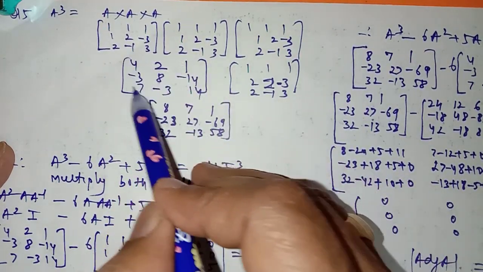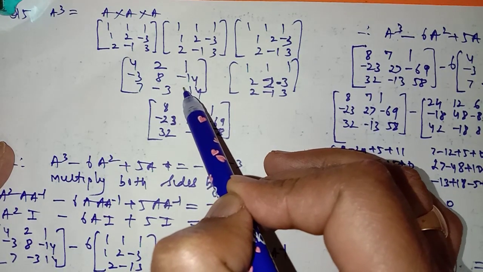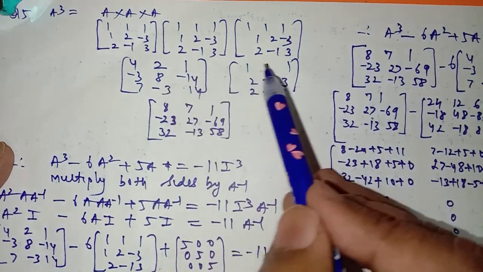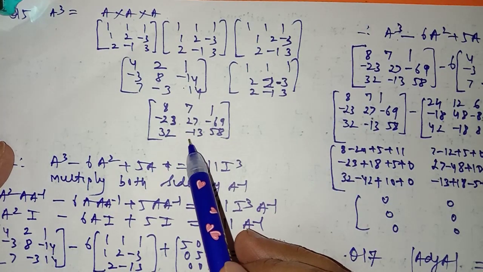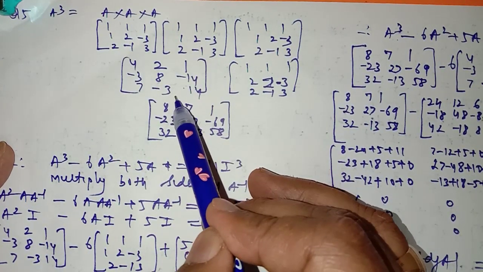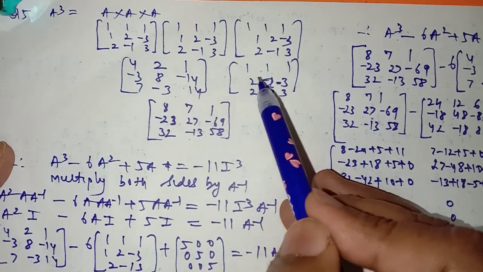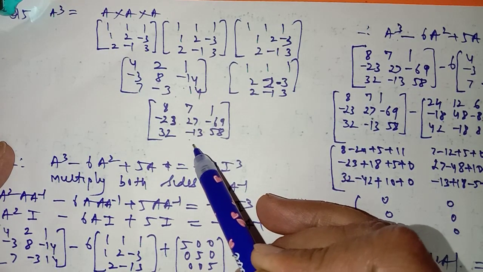You know how to multiply the matrices. You take your own time to find it if you don't know it directly. Then this into this, again आप इसको इससे multiply करेंगे, you are getting this. So this is A cube. पहले आप A को A से multiply करें, ये matrix आएगा. You take your own time, multiply this by this matrix, you are getting this. So this is the value of A cube.